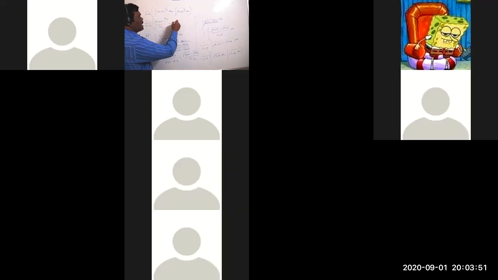So clearly you can write now 1 by a minus b into, so x plus a whole power 3 by 2 whole by 3 by 2, minus, here also same thing only, x plus b whole power 3 by 2 whole by 3 by 2 plus c. So directly take LCM here. Reciprocal I can take. The final answer is 2 by 3 into a minus b into x plus a whole power 3 by 2 minus x plus b whole power 3 by 2 plus c.